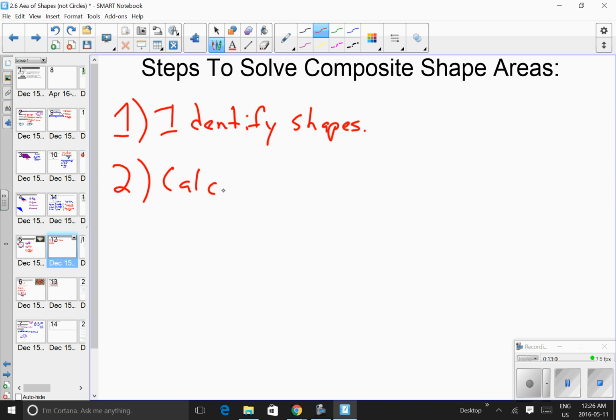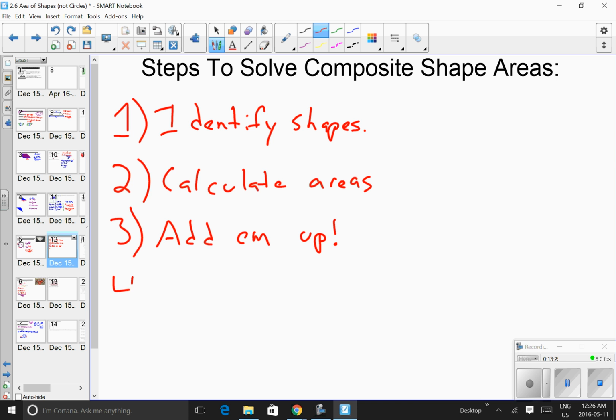Calculate those areas, just like we did with the garage question. 3. Add them up. And 4. Subtract